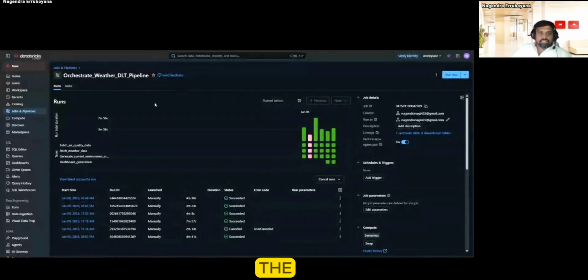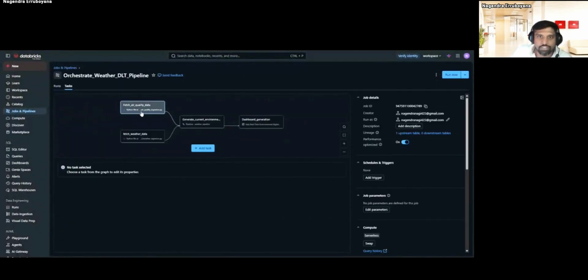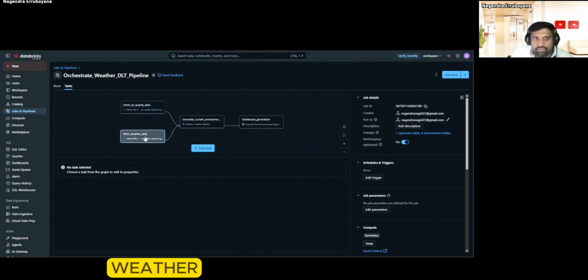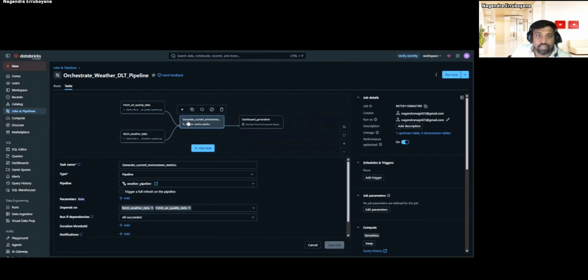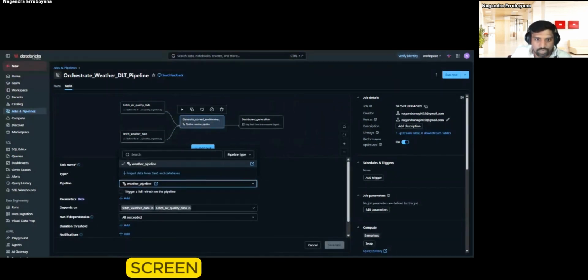So here is the pipeline that I have shown you previously. This is the job. These are two fetcher Python files, air quality data and weather data. And here is the main pipeline. I think it's better I share the whole screen rather than the window.